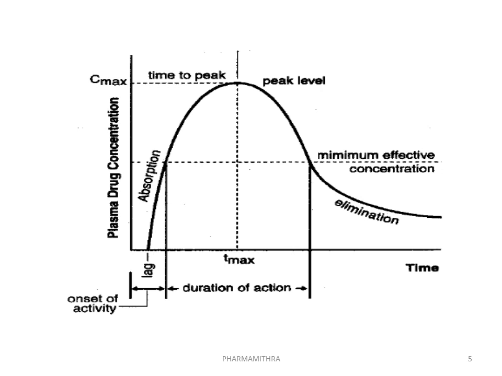This curve is called the absorption phase. This is the post absorption phase and this is the elimination phase. Here we can find a term, the Cmax, first term. It is the point of maximum concentration of the drug in plasma, and the corresponding height is the peak height concentration. And Tmax is the time for the drug to reach the peak plasma concentration.